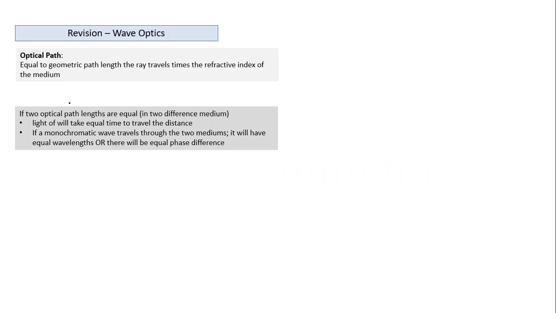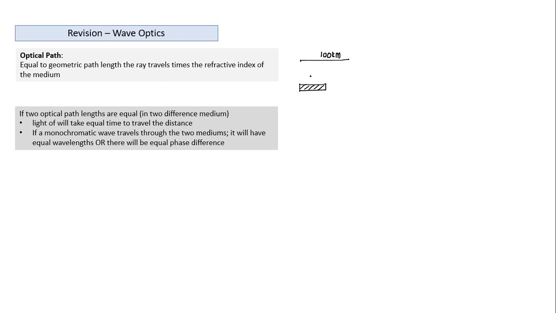Most of the time we are concerned about two paths which are optically equal. Physical lengths may be different, but optically they are equal. If you want to draw a parallel with a real life example, see, if there are two highways, one is an expressway and another is a rural road. Traveling on the expressway for 100 kilometers may take the same time as traveling a distance of 60 kilometers on a road which is not an expressway.